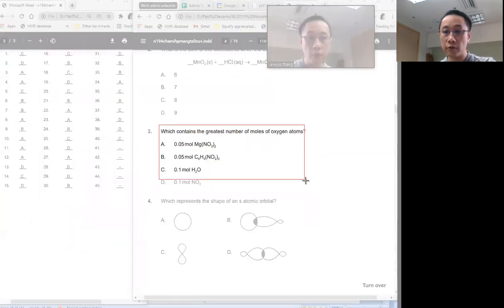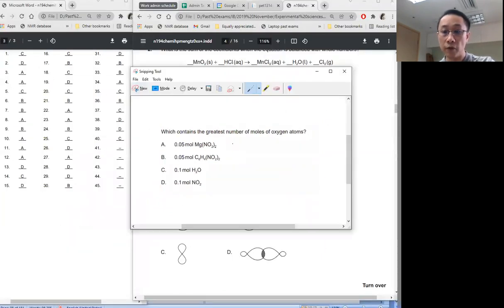Okay, third question. Determining which sample has the greatest number of moles of oxygen atoms. Well, what you can do is just to multiply everything up. Recognizing you've got 3 oxygens within a nitrate and you've got 2 nitrates within a formula unit of magnesium nitrate allows you to recognize that you need to multiply that 0.05 by 6. So you're looking at 0.3 moles of oxygen atoms in the first sample,